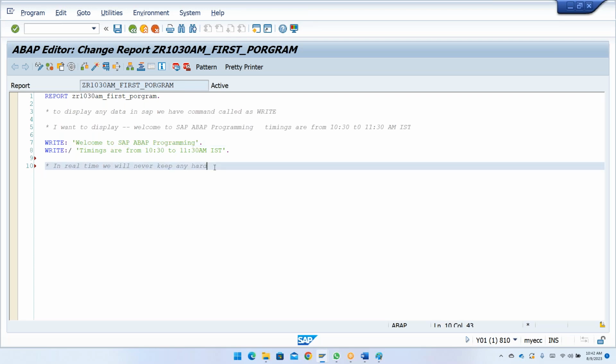You should not keep any hard codings in the program. The hard codings have to be replaced with either